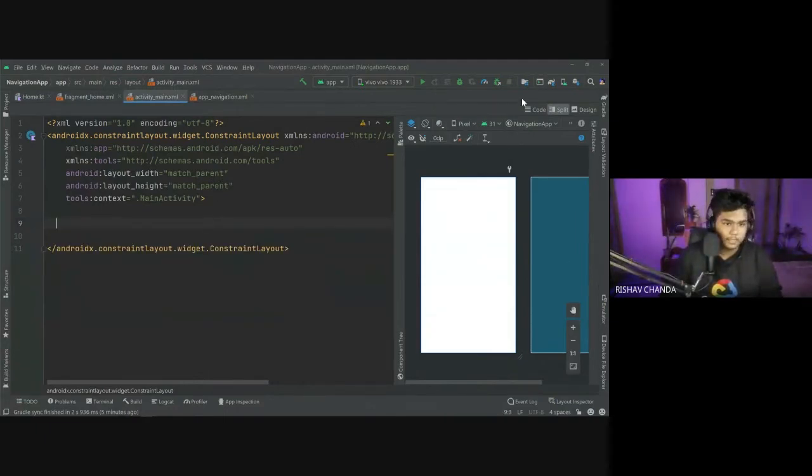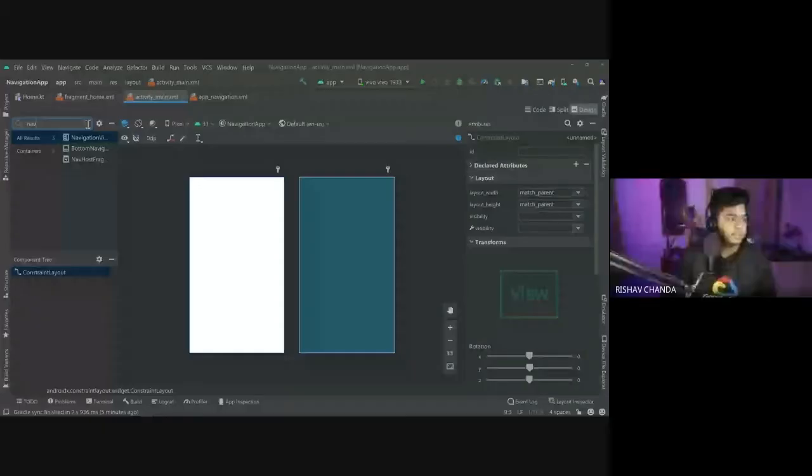And after that, to add the nav host, there are different things, nav host is also there, nav host fragment. You would be able to see this one and simply drag and drop this one in this activity file.